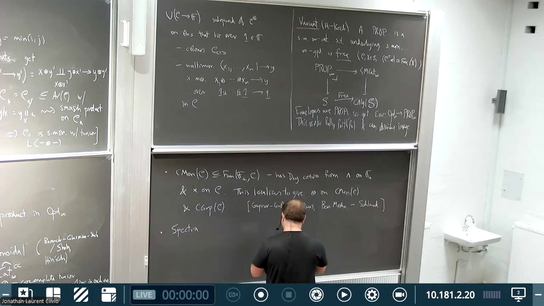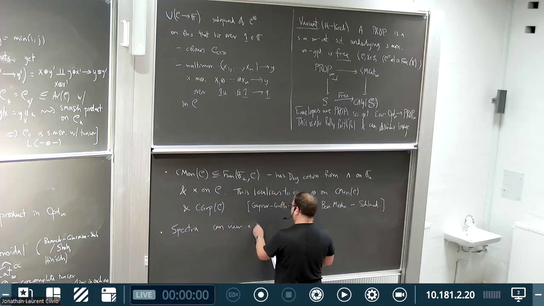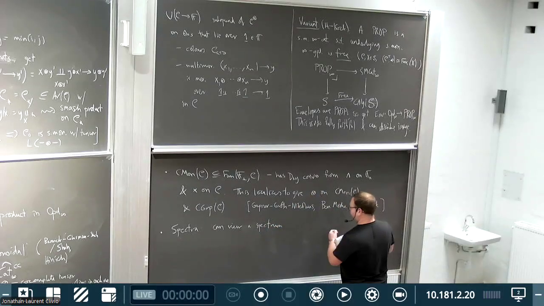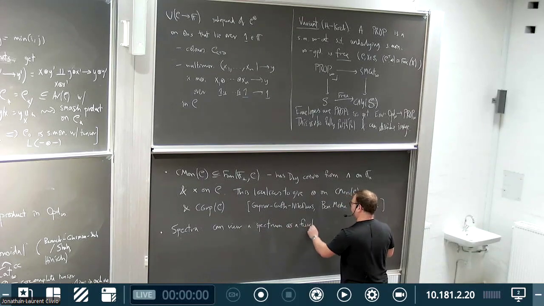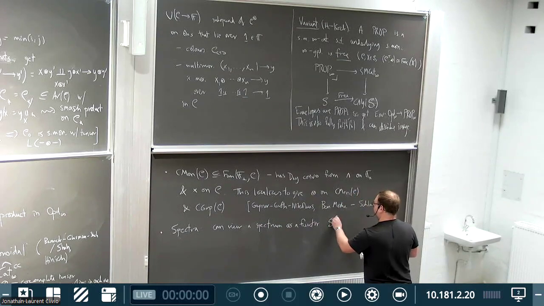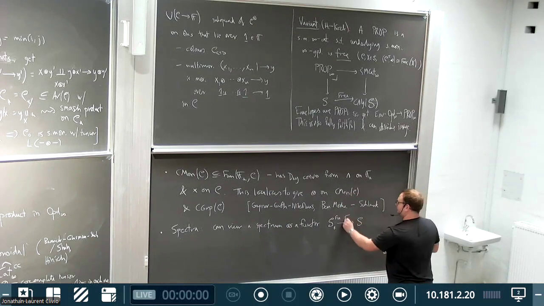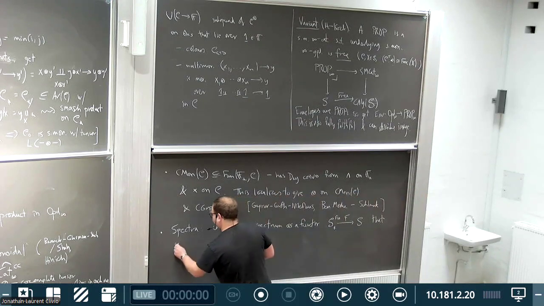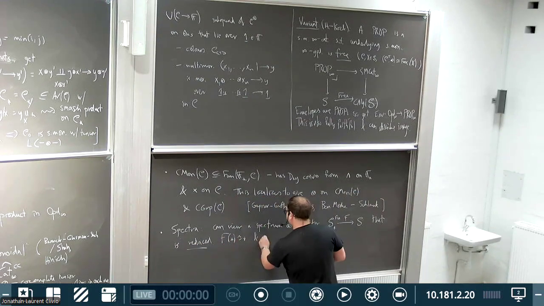You can view a spectrum as a functor from finite pointed spaces to spaces that is reduced, meaning that the value at the point is trivial, and it should be excisive,